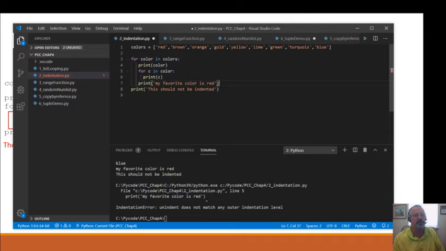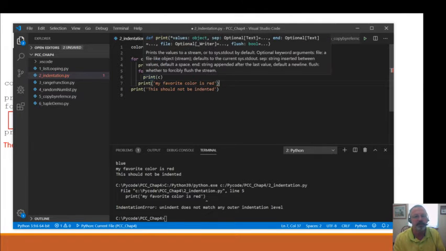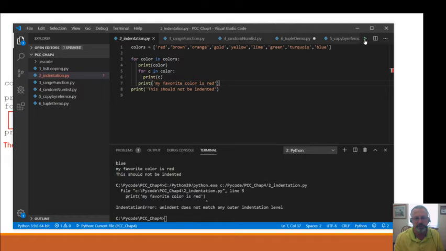This is called the nested for loop. Now I've got my for loop, and everything inside of that for loop is going to be part of the for loop. So these statements inside of the for loop are all going to work during that for loop. Okay, but I've thrown another for loop in here with another indentation. What's going to happen? Let's go ahead and run this and see.